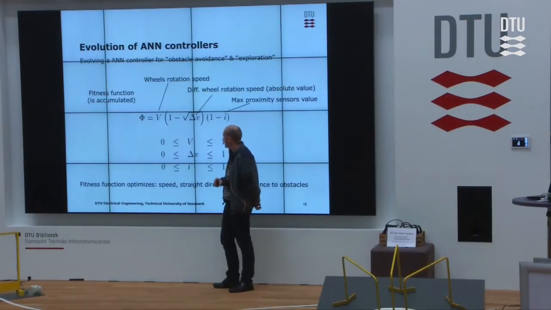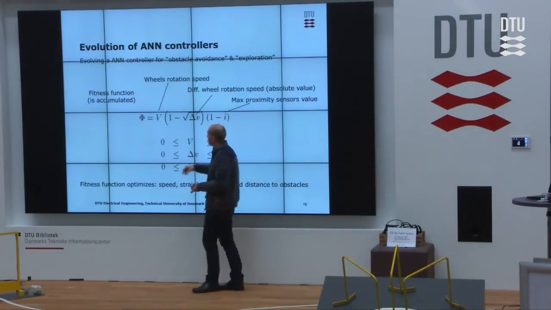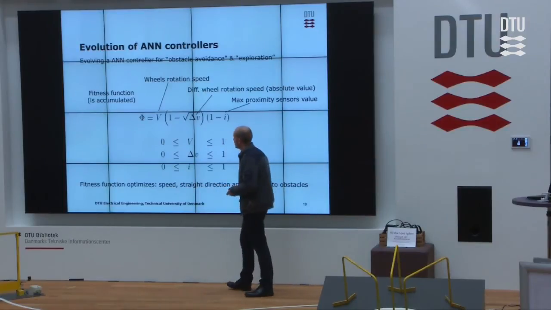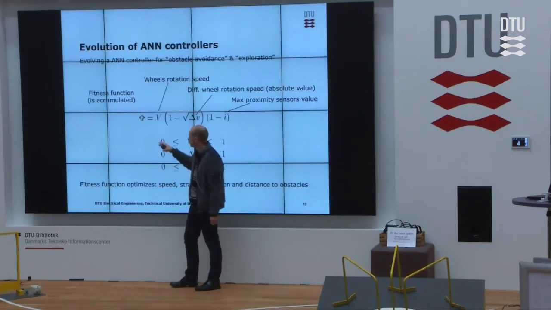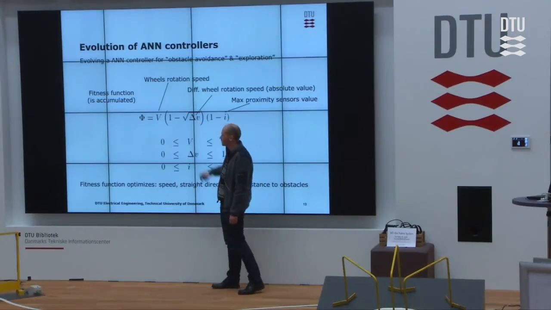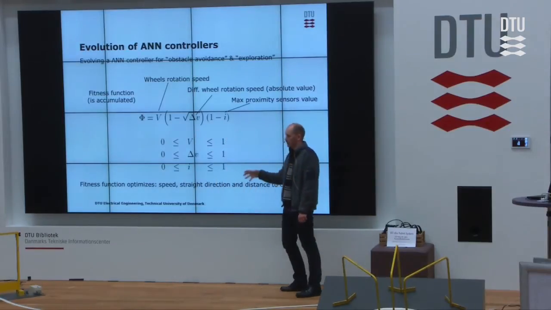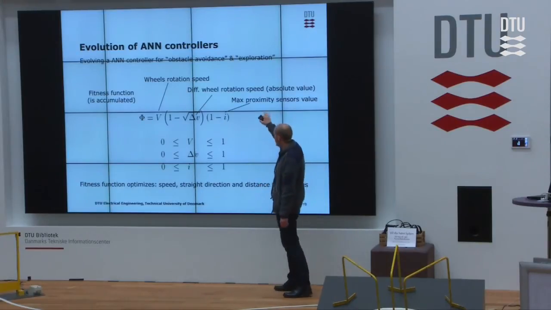And it's really nice because it's internally evaluated, so the robot itself is able to determine its fitness. What you have here is the speed of the wheels. So this is a term you want to optimize because you want the robot to move as fast as possible. This term here is the difference between the rotational speeds, which you want to minimize because it gives you turning. So you want to optimize forward movement, but minimize turning, because otherwise you easily get a robot that just spins around itself. And then finally,